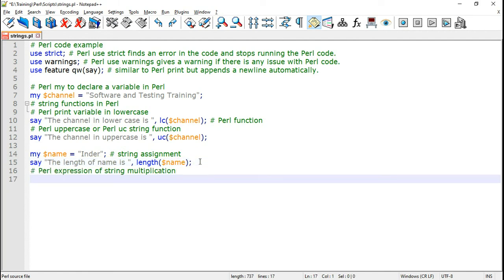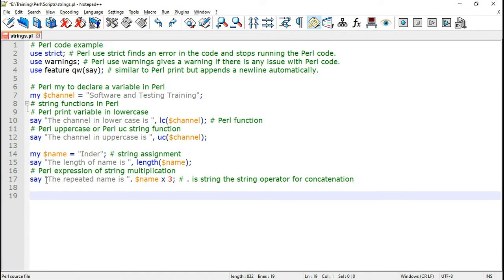Perl expression of string multiplication. Now we can repeat a string multiple times. So we can write something like repeat the name 3 times. Say the repeated name is $name x 3. Note that the dot operator is a string operator for concatenation.